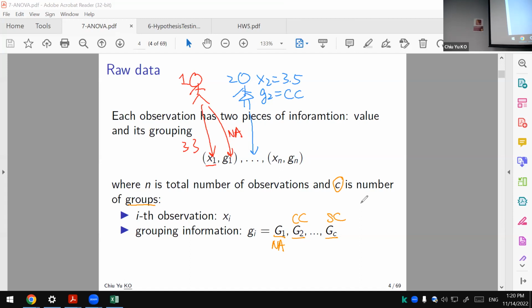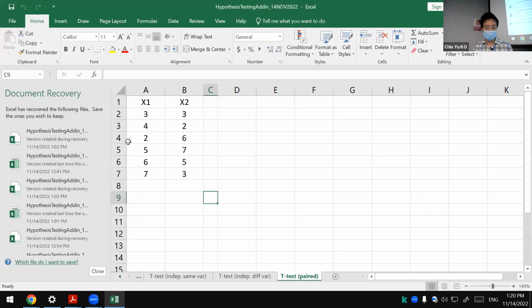Actually, before we had the same idea, right? Because before we had a version of this, but the grouping doesn't exist. Say, for example, if you go back, maybe it's good to see when we do this one. We have this data set, okay? This is already a